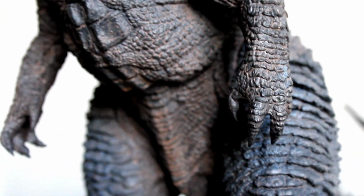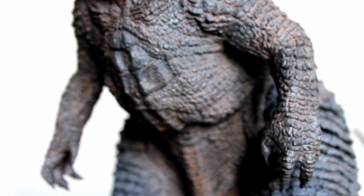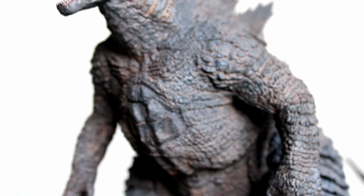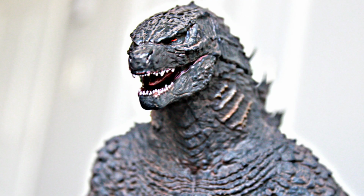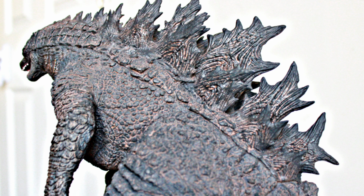And funny enough, up until a couple of weeks ago, this figure probably would have been my last X Plus figure for a little while until I had new things come in. But I did kind of just go on a little buying spree. If I saw a good deal on the Godzilla figure, I took it because I figured I'd use some new material for some new custom work, some ideas that I'm working with that hopefully will go exactly as I have planned, if not even better. But before I get into any of that,